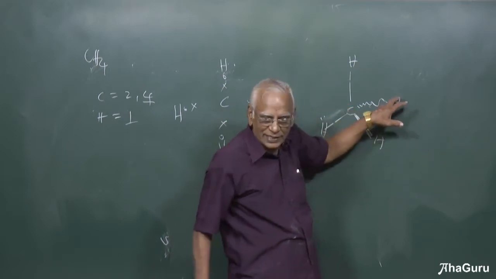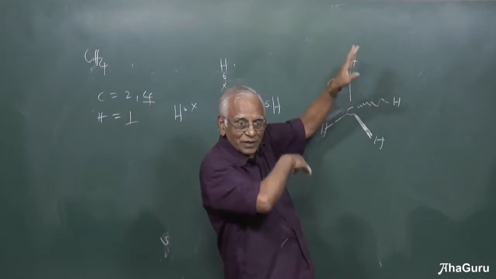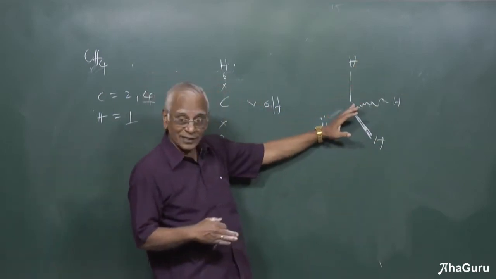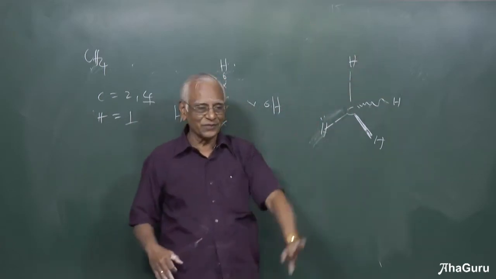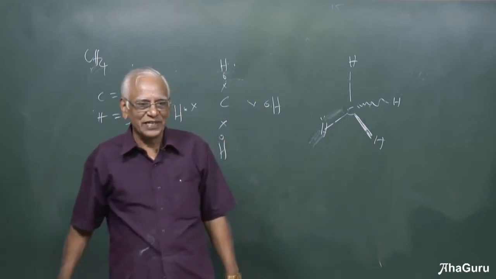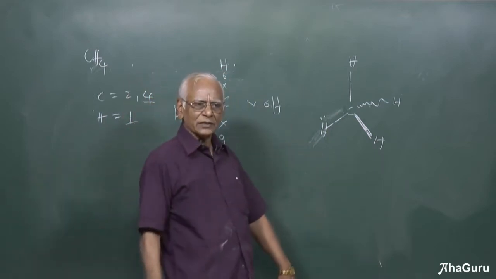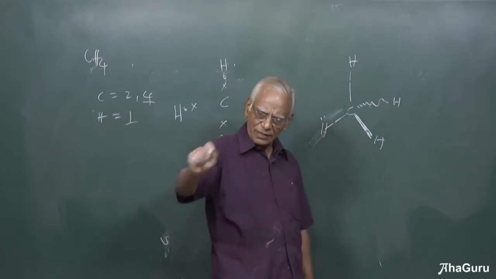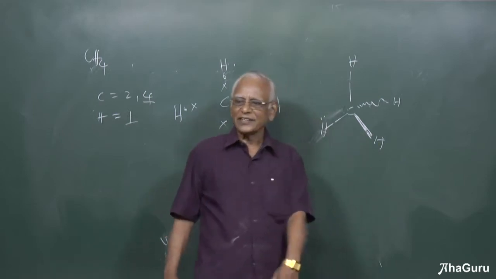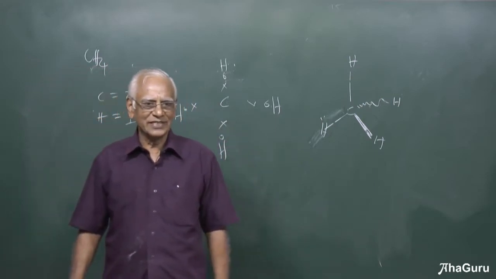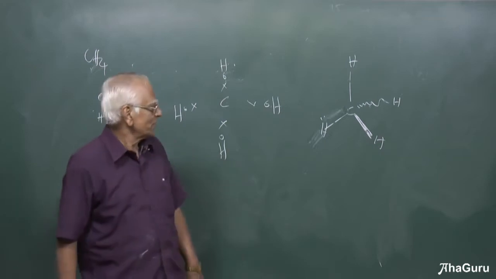If you want to see the dotted one, you have to go to the other side of the room, behind the board. The normal bond is along the plane of the board. Are you able to get the 3-dimensional visualization? Therefore, the bond angle is identical, and this is called a perfect tetrahedron. What is a tetrahedron? A 4-sided shape.